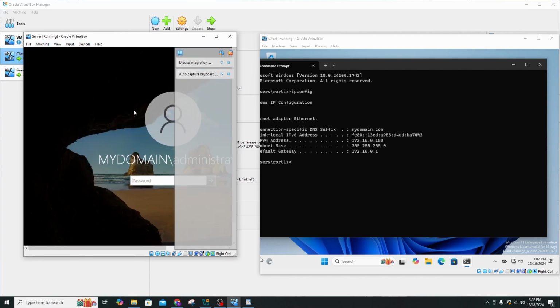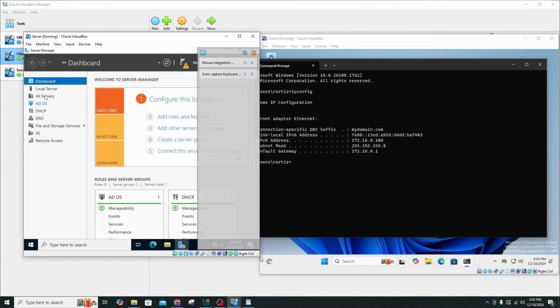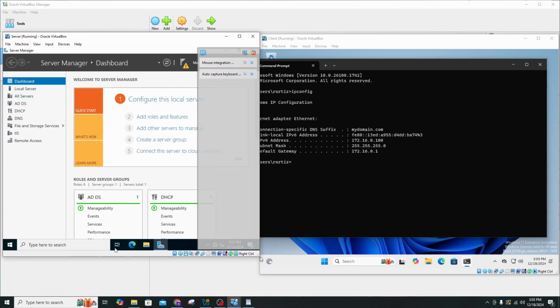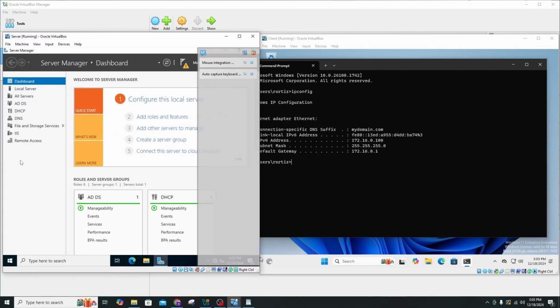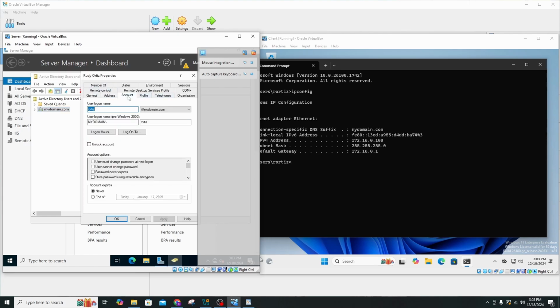Input, control, delete, change me, and we can go to users and click on myself, and we can, for example, you can do tons of things, but for now we can just test changing the password at the next login. Go ahead and check that, click apply,